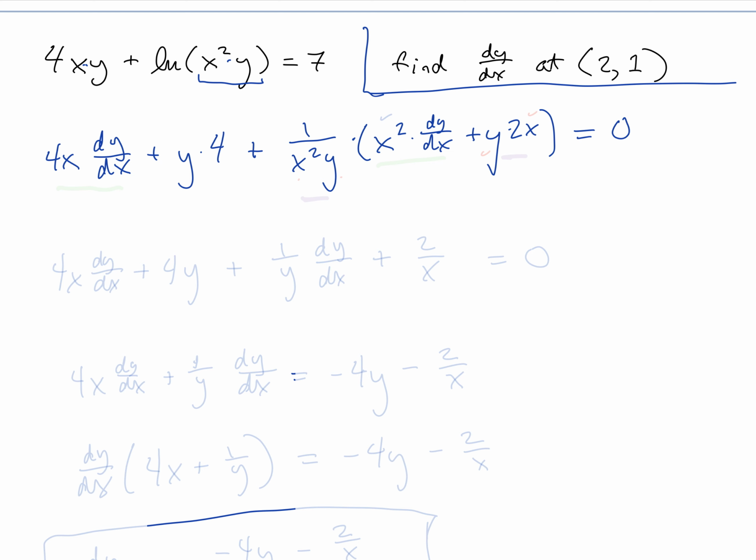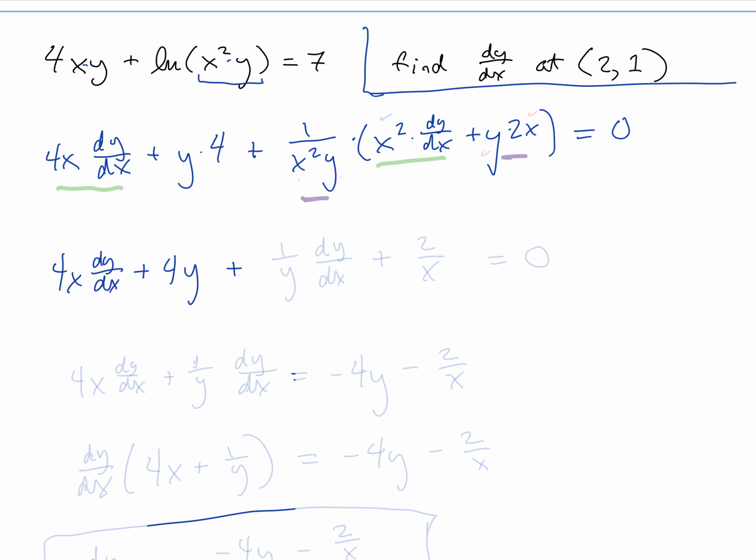Okay, now I want to get all the dy dx terms together. I see that this is a dy dx term, this has a dy dx in it, whereas this other term does not. So I'm going to have to distribute this to the other terms to get one dy dx term and one non-dy dx term. Okay, so I've got 4x dy dx plus 4y